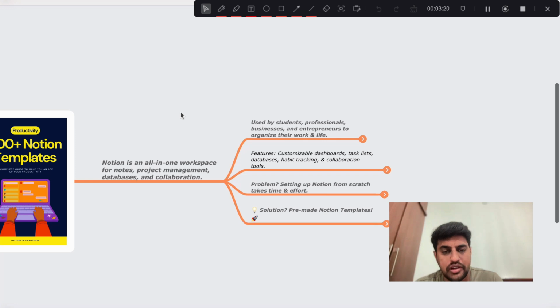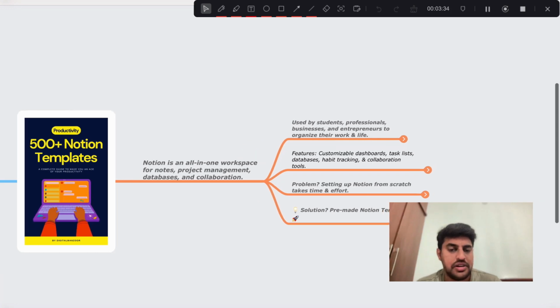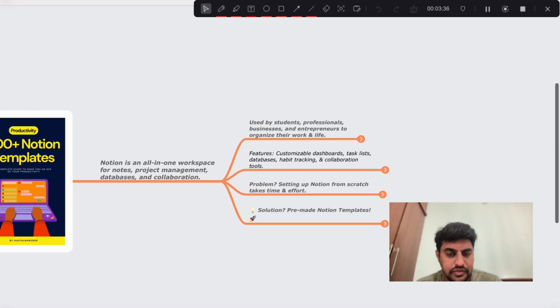Then the solution: we have a product, pre-made templates, where you can just duplicate them and add your content as per your requirement. We have a number of templates, around 500 Notion templates, which I bought for you guys. This will make your work life easy. If you are a student,